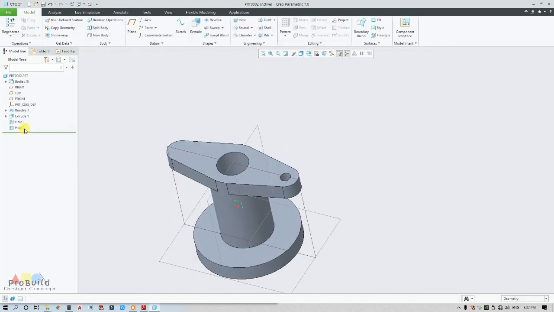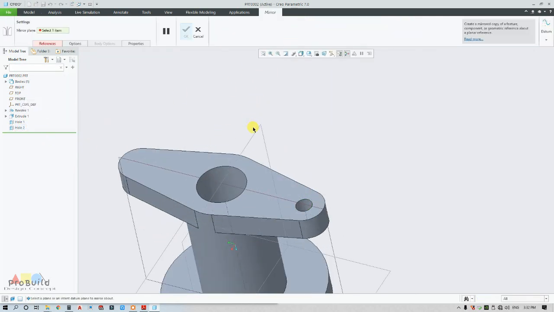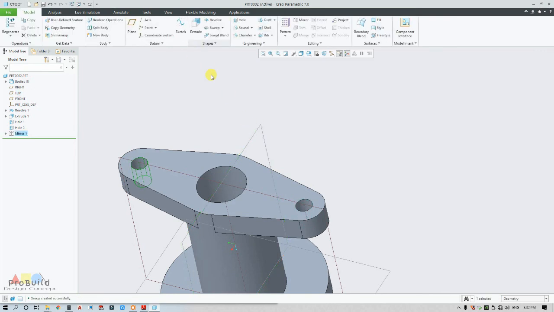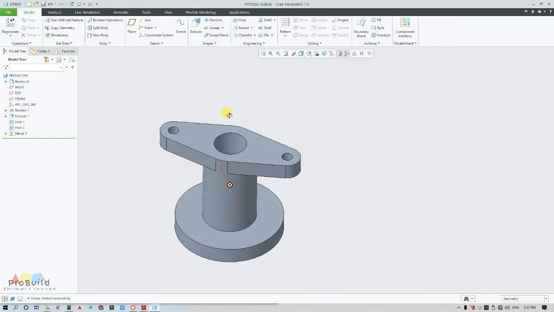Now select this hole too, and I'm going to make a 3D mirror and select this plane as my reference. So my hole is ready.